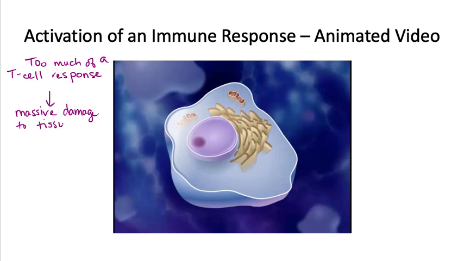Another thing that can happen with too much of an immune response is we could get a lot of fluid accumulation, or that edema that I was telling you about. And if a lot of fluid accumulates in a tissue like the alveoli of the lungs, this could cause pneumonia, and that is another thing that can result in death. So an overreaction of our immune system is also something that can be harmful